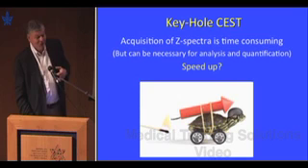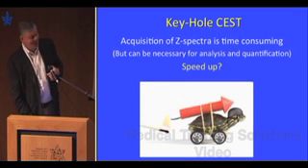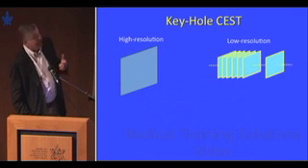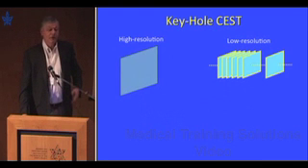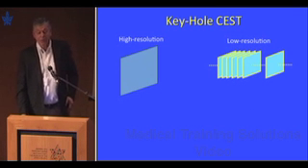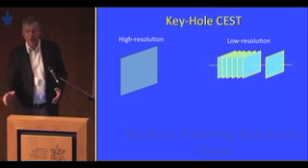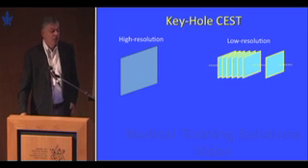And then she put a rocket to the back and made it go faster. So how do we do this? We used an old technique that's been around for a long time called keyhole. Now, for those of you who don't remember keyhole, it was one of the first techniques that was reported on